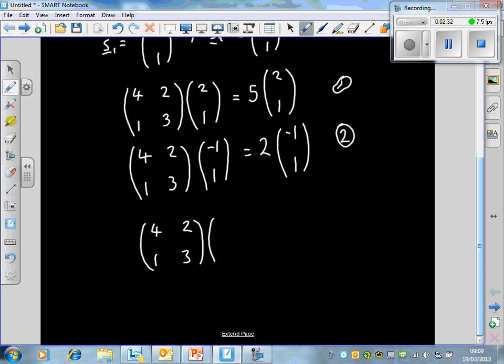4, 1, 2, 3. Let's first of all apply this vector here, 2, 1. Okay? And if we multiply it, we get 4 times 2 and 2 times 1, and that will give us our top number. And let's also apply it to minus 1, 1. So what I've done here is I've taken my two eigenvectors and placed them in the columns of this matrix here. Now, that is going to be the same as,